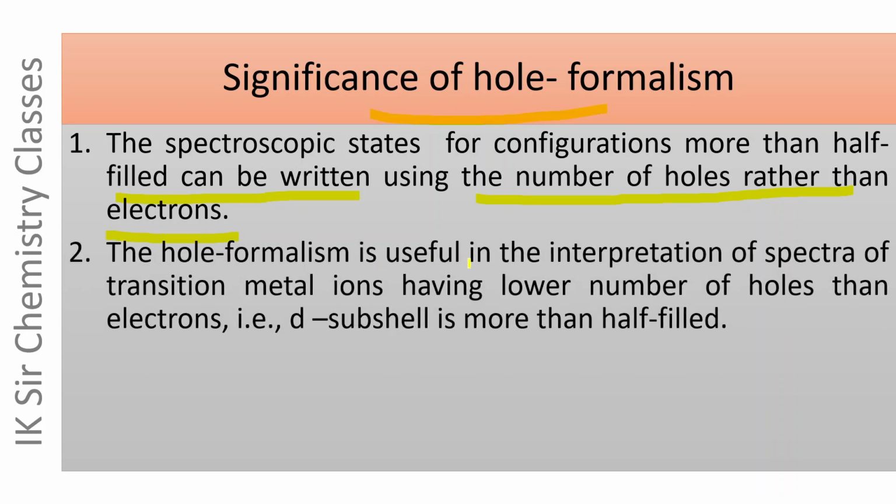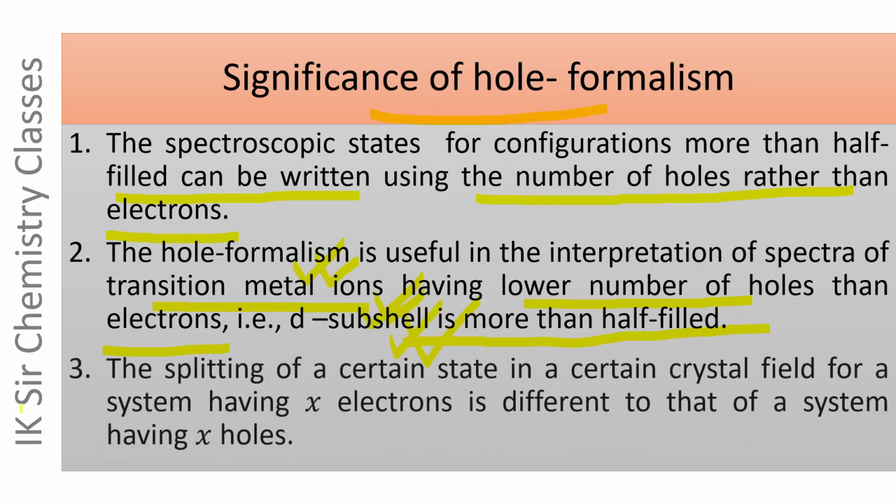The hole formalism is useful in the interpretation of spectra of transition metal ions having lower number of holes than number of electrons, that is D subcell is more than half-filled. The hole formalism is important in the interpretation of spectra of transition metal ions having lower number of holes than electrons, that is in the case of transition metal ions having more than half-filled D